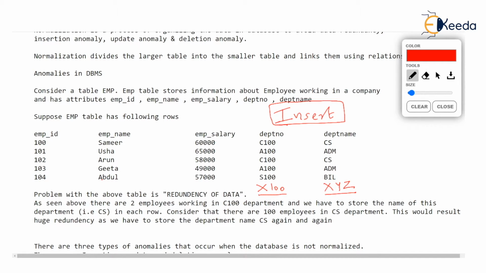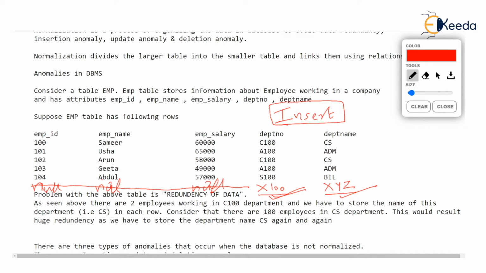Then while inserting a new row, come on, how will you store the department number and department name? But you don't have any salary, any name, any employee number to store. And then what will you do? You will say null, null, and null. Why have you done this so silly thing? Because you wanted to store information of the new department. This is bad, isn't it?